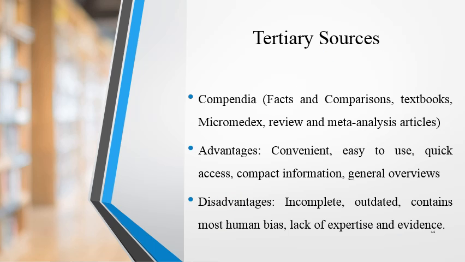Firstly, the tertiary sources of clinical literature. This category of clinical literature sources is the smallest but the most authentic, because it contains the compendia that include the textbooks, the review and meta-analysis articles, the facts and comparisons, or the Micromedex that is available online. Why is it most authentic? Because this acquires knowledge from different researches, and after confirmation from different researches, it is made into a book form